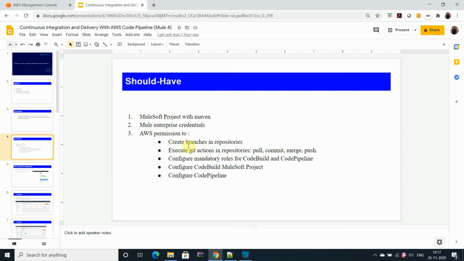And AWS permission to create branches, assign users, create users that can perform pull, commit, and merge activities, configure CodeBuild and CodePipeline, and check out and commit the code in the repository.